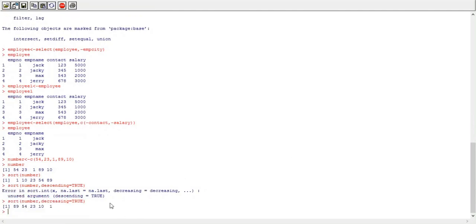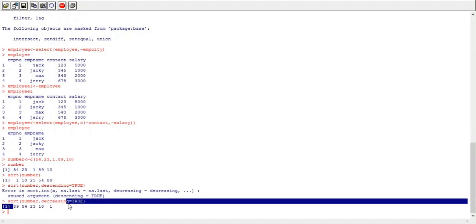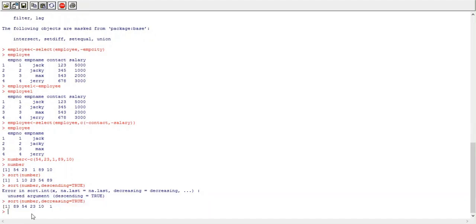If you want to sort vector in descending order, then use parameter decreasing equal to true. It will give you descending order of data in that particular vector. Okay, now we'll see what is the use of rank function.